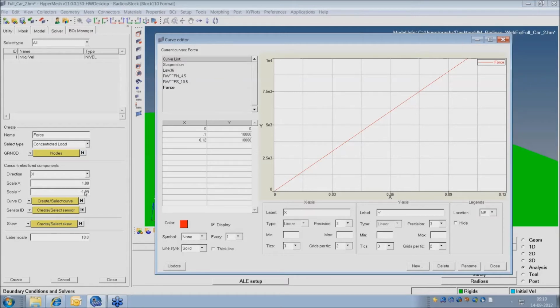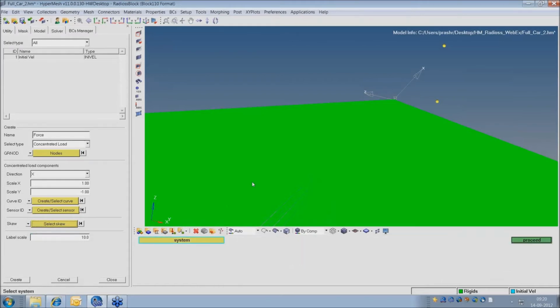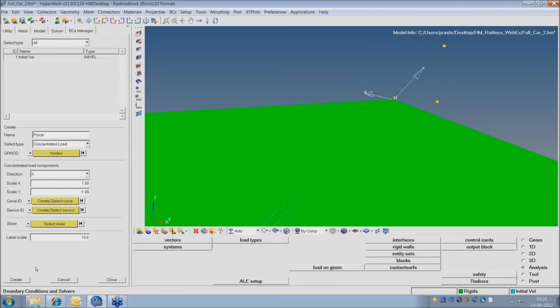That's why I have put minus here. Okay, close. Now I have to select this cube. So I have to select this cube, proceed, and create. Okay, so now I have created a force load.